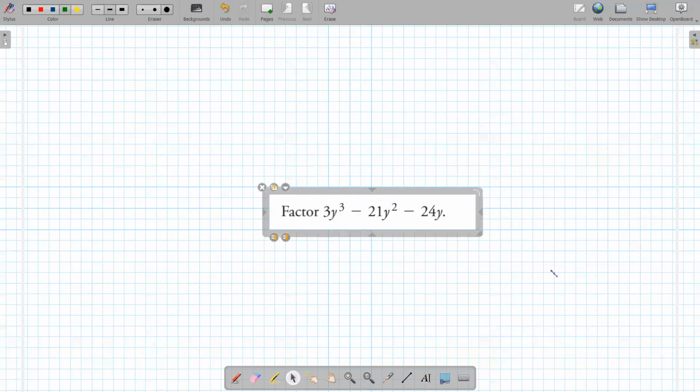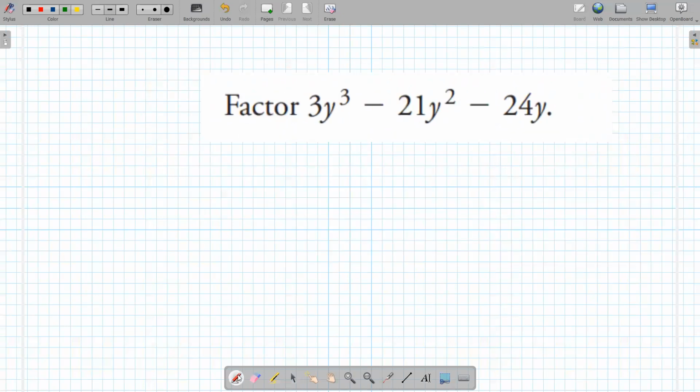Okay, this one, it says factor. What can we pull out? 3y. Just 3y, that's right. What are we left with if we pull out a 3y? Y squared minus 7y. And then,